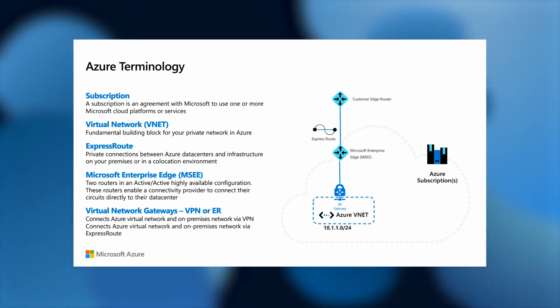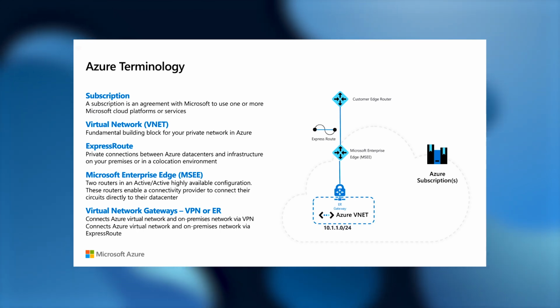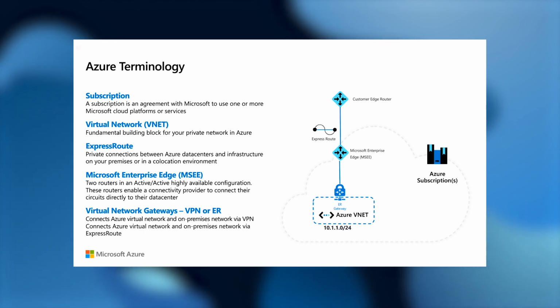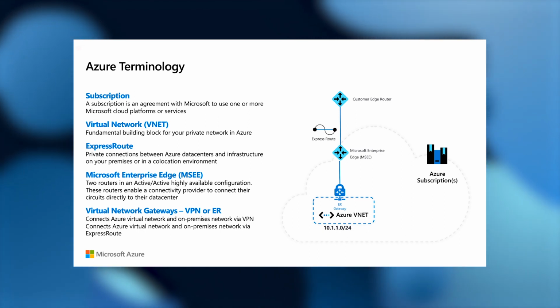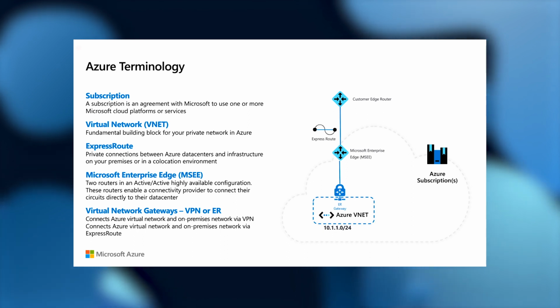Moving on to virtual network gateway. A virtual network gateway is simply a gateway to your VNet. It provides you connectivity from your Azure virtual networks, Azure VNets, to your on-premise. It could provide that connectivity either through VPN or ExpressRoute, depending upon the gateway that you have spun up. These are of two types, VPN or ExpressRoute gateway.